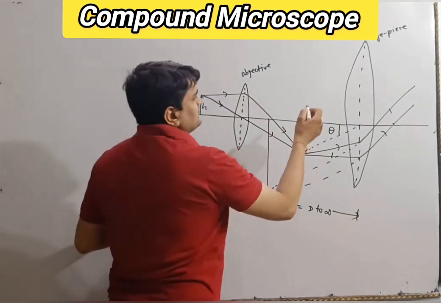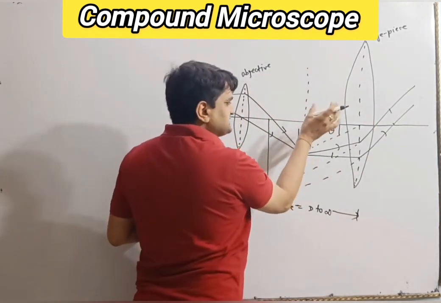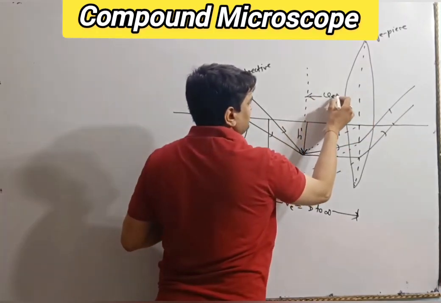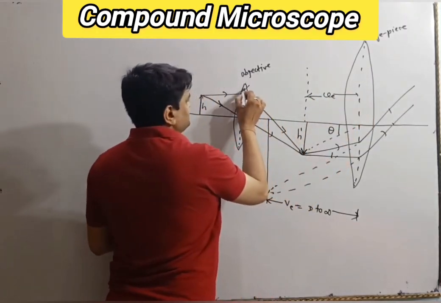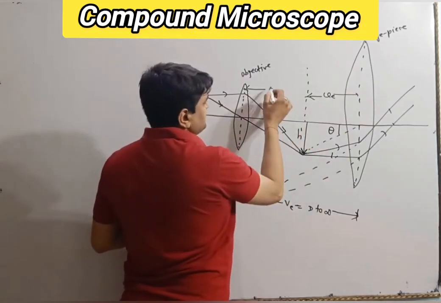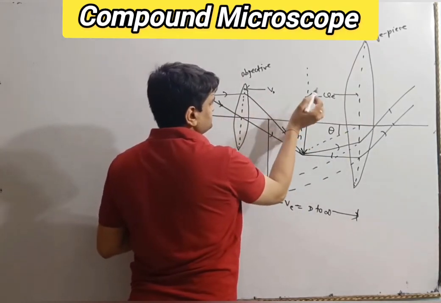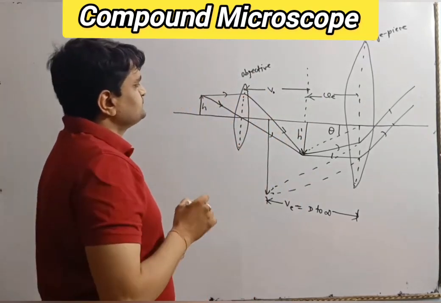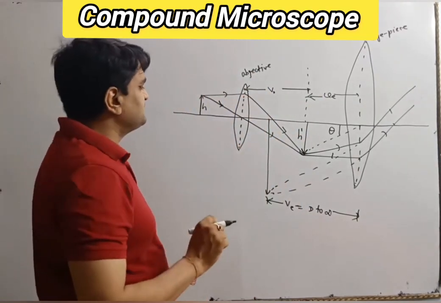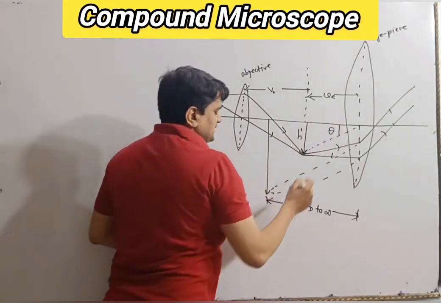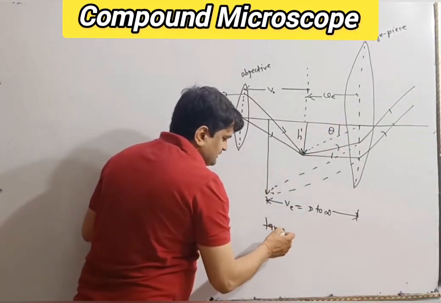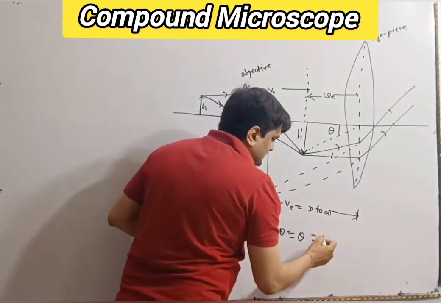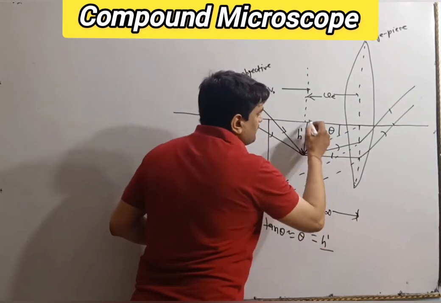Okay, then this is UE, because this image will act as an object for this lens, and this is image V naught for the first lens. Okay, simple concept. Now see the theta, tan theta, theta will be equal to perpendicular H dash upon UE,